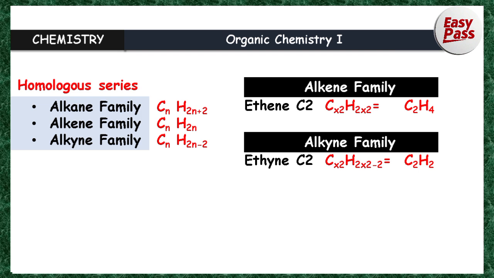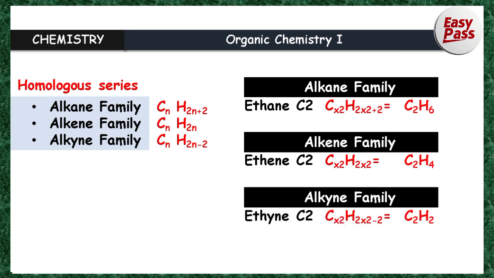We have C2 equals H4 minus 2, because 2 times 2 is 4. We have C2 equals H2. We can find that in alkane family, the hydrogen difference is 2. In alkene family, the hydrogen difference is 2, while in alkyne family, the hydrogen difference is 2. One of the major differences between alkane and alkene family is that